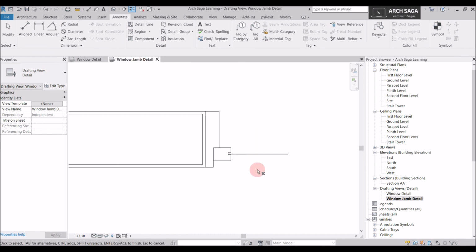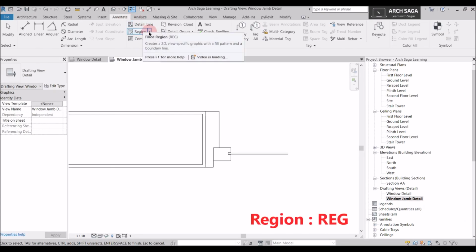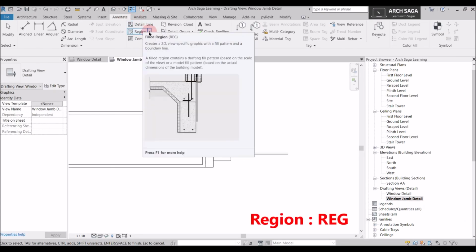In AutoCAD we used to say it hatch, but in Revit hatch is called a region. So you can find region again in Annotate tab below the detail line. The shortcut for filled region is REG. Revit does not give a default shortcut for filled region, but to save time, I have created my own shortcut